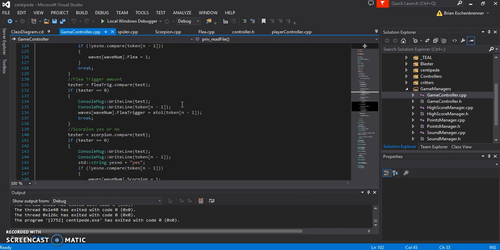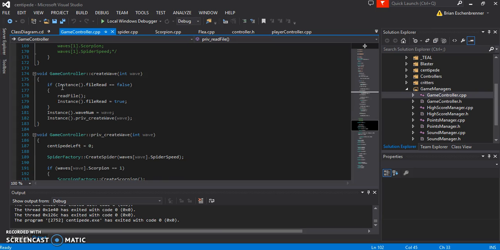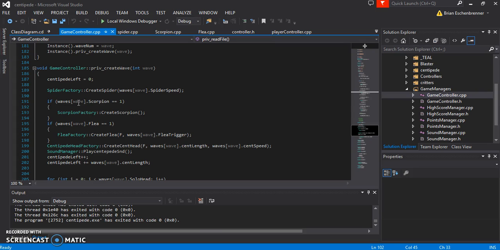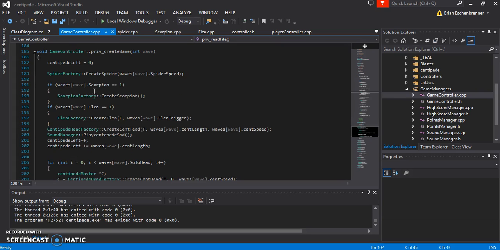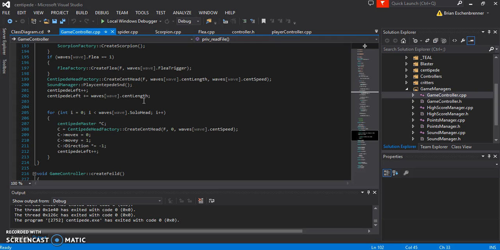So it reads through that file, and then it also can then create waves. So when you call create wave, it'll see if it's read the file yet, and if it hasn't, it'll read it. If it already has, then it'll just create a wave. So when it creates a wave, it reads through what wave you're on, and it sets all those values for creating everything. So it creates a spider with that wave speed, creates a scorpion if it's supposed to be a scorpion, creates a flea if it's supposed to be a flea, creates centipede